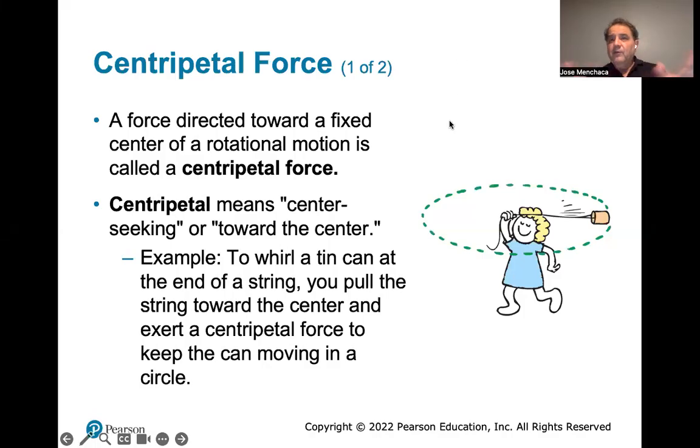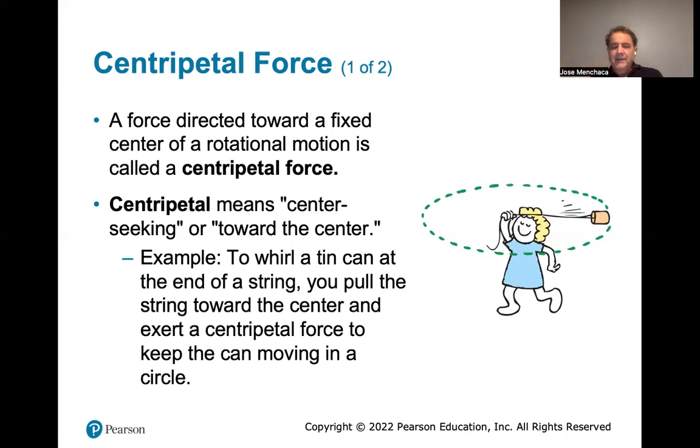Okay, we're on part 4 of the chapter 8 discussion, conceptual physics, chapter 8. And we're going to talk about centripetal force. A force directed toward a fixed center of rotational motion is called a centripetal force. So you can see this young lady spinning this can around her head. What's supplying the centripetal force? Well, it's the string. The tension on the string is supplying the center-seeking force, the centripetal force,